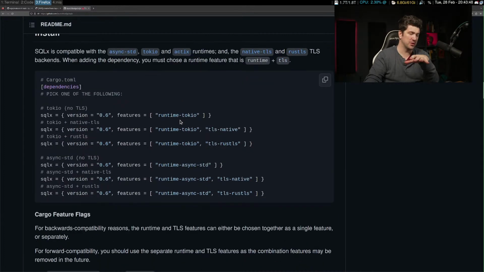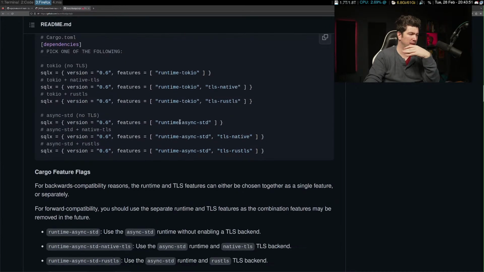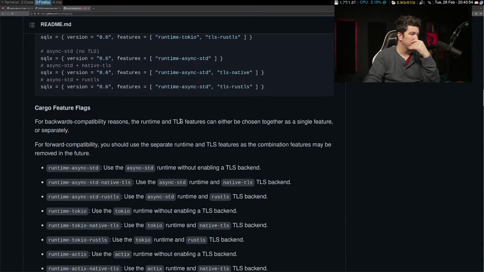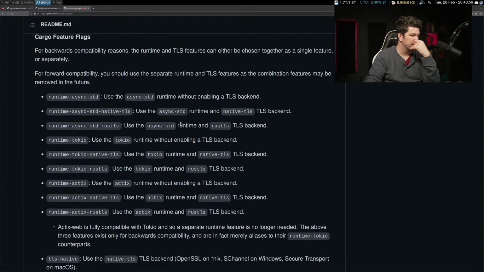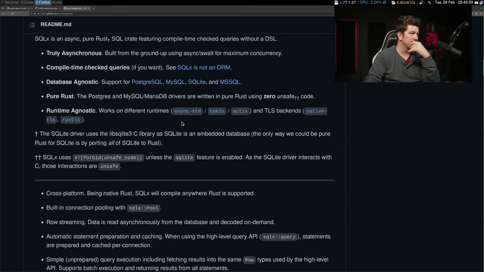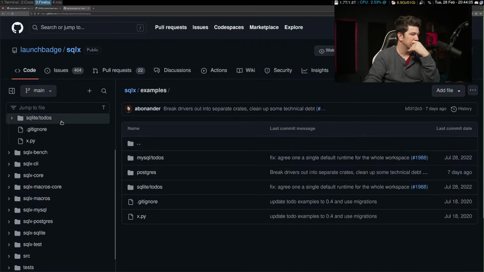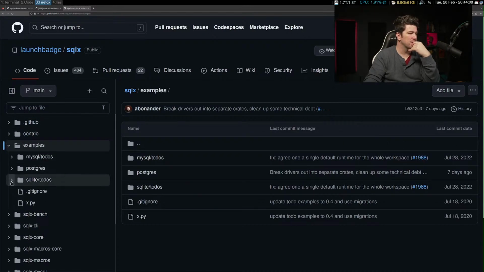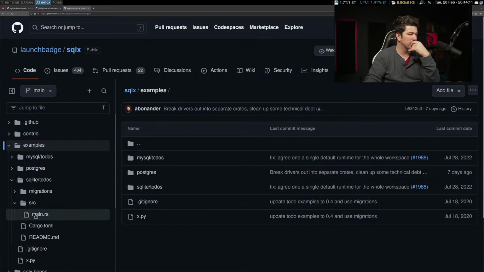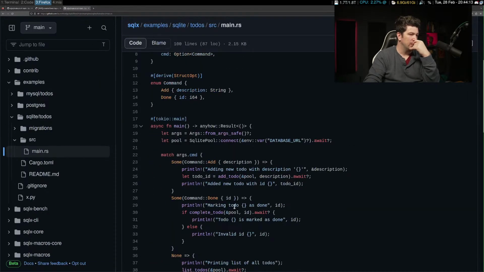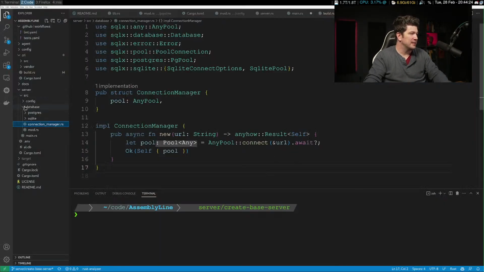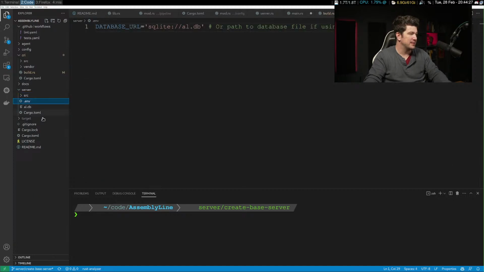I love how modular it is. It's really modular. Absolutely adore that about it. The thing that was weird, let's go to their examples. I love this. So we'll go to the SQLite, we'll go to the source, and we'll go to the main here. The weird thing here, this has to be hard coded. So basically, what you have to do is, and you'll notice here, this .env.